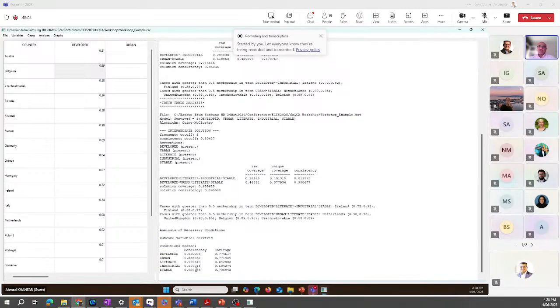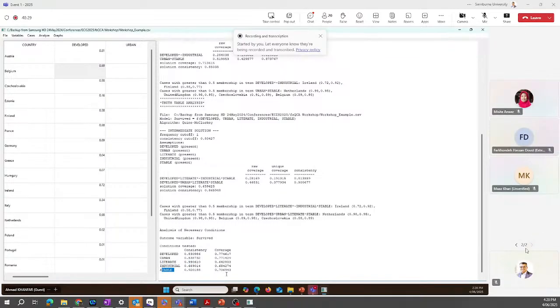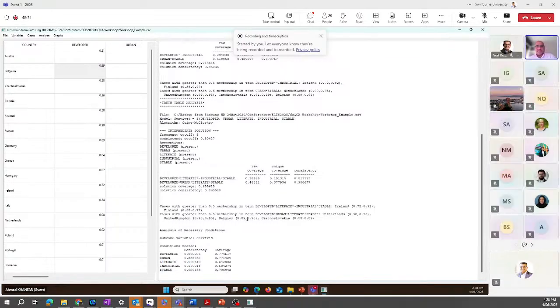Marcel also will touch on this very soon, but just to give you a hint, a necessary condition means that conditions with a consistency value of 0.9 or above are necessary, which means that the country cannot survive without this condition or this factor. Any questions? If no questions,